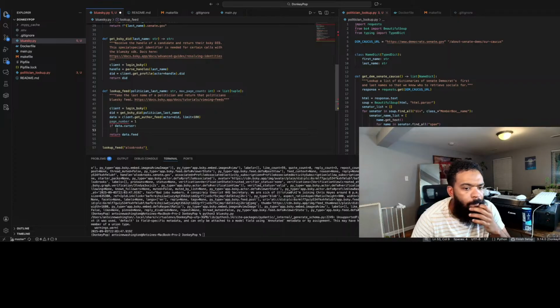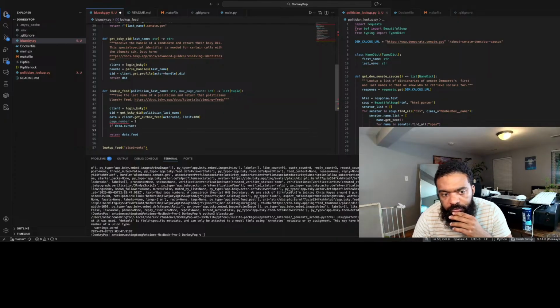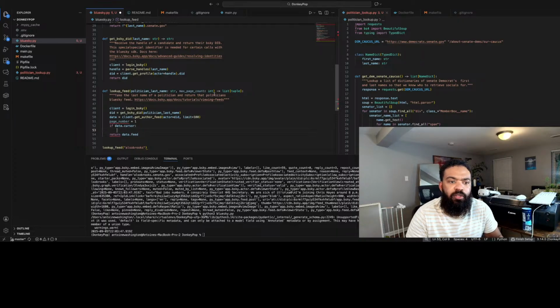Okay. Should I just recurse over this? Yeah, let's make a recursive function.